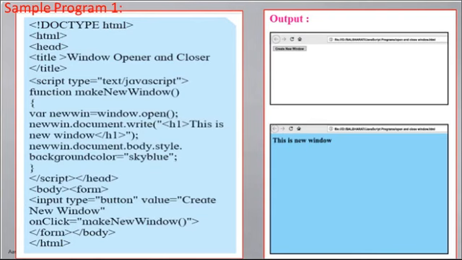Okay. Here a sample program is given. We will see these programs in detail in our Google Meet lecture. Here also one button is provided. Its value is "Create new window," and when we click on this button, you will get this new window.